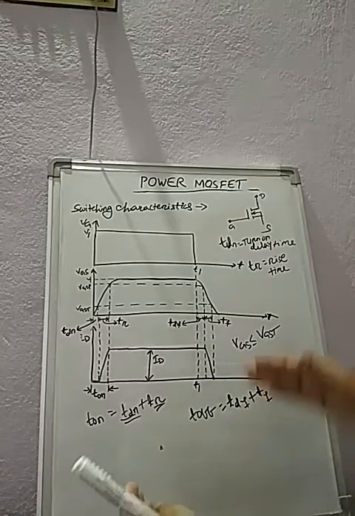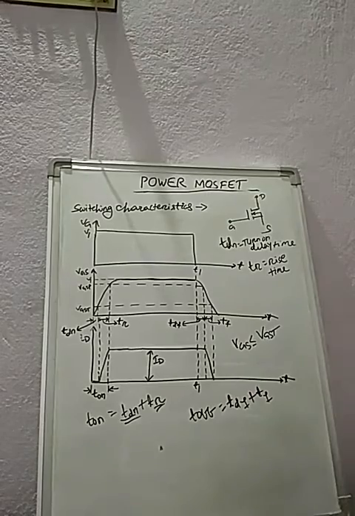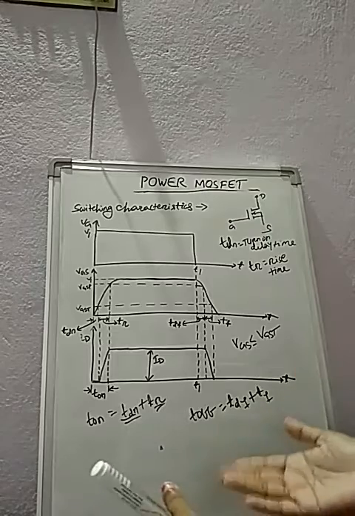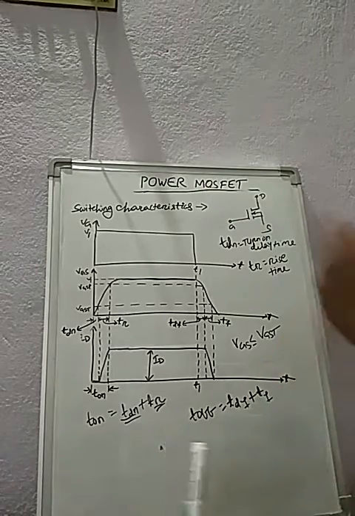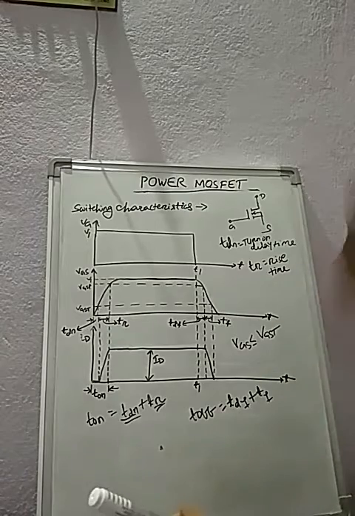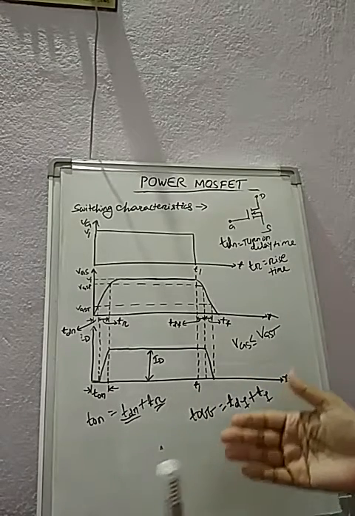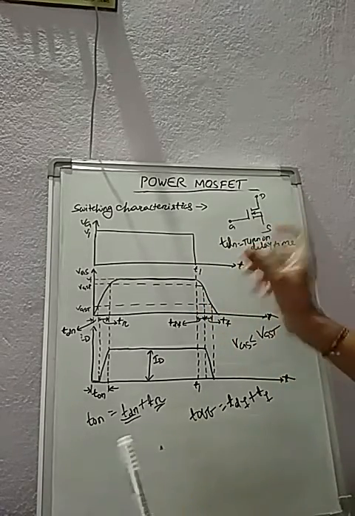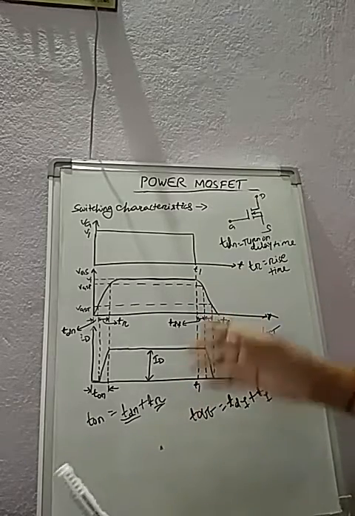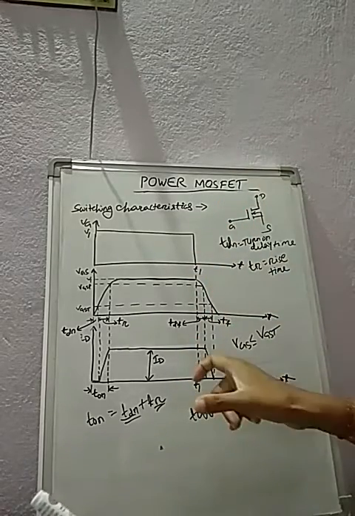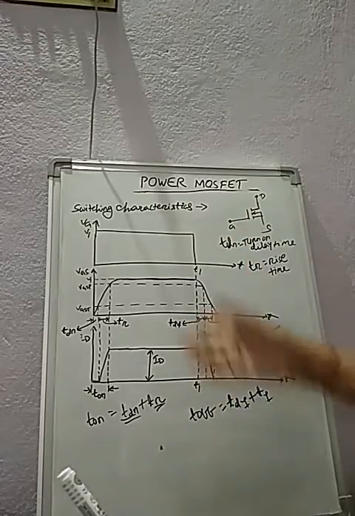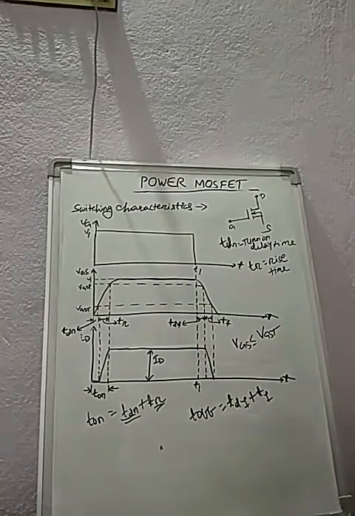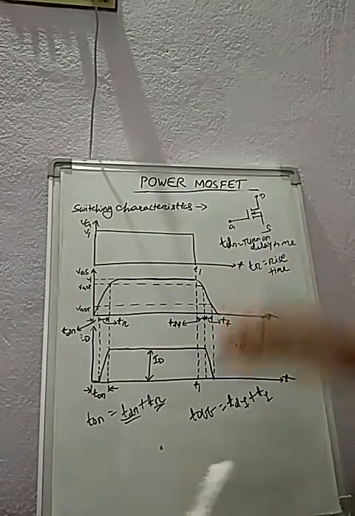Okay, so see what it means. When we want to turn on one semiconductor device, it will not turn on instantly. It will take some time to turn on, and that time is the transient part, that is the unsteady part. So we need to study what happens in that unsteady, transient time to VGS, ID, and different parameters of the device. That's why we need to study the switching characteristics.